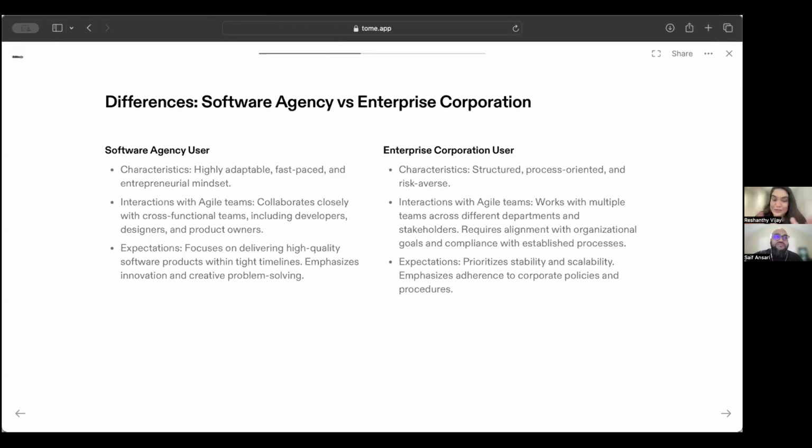And also, to add to this, I know we're introducing software agency users and enterprise corporations. There's also another aspect that we're going to be introducing in the course, which is operational management and PMOs. They're two different things, but in several organizations, they are partners in crime. And we're going to give you a little bit of insight on how to transition also into the operational side,